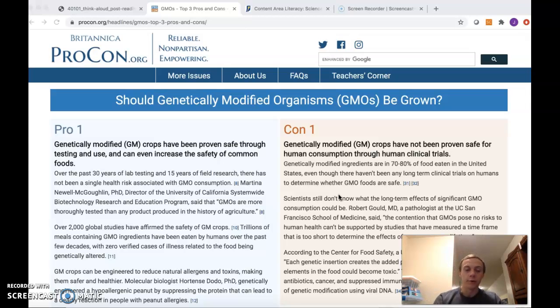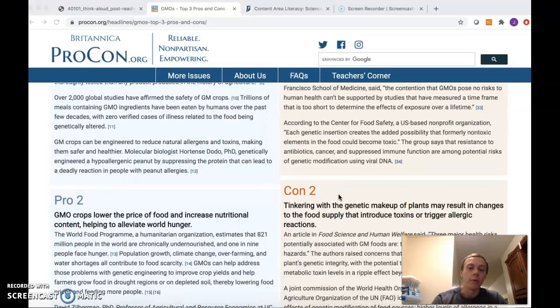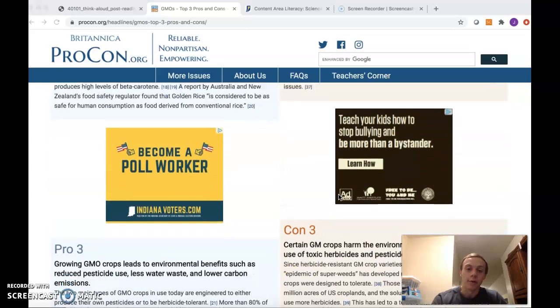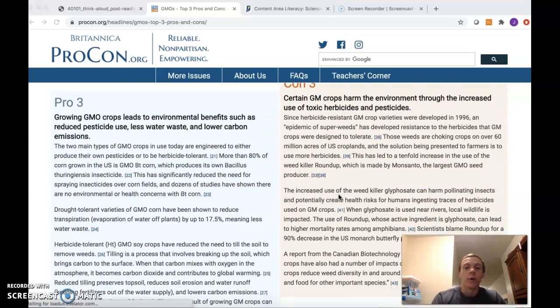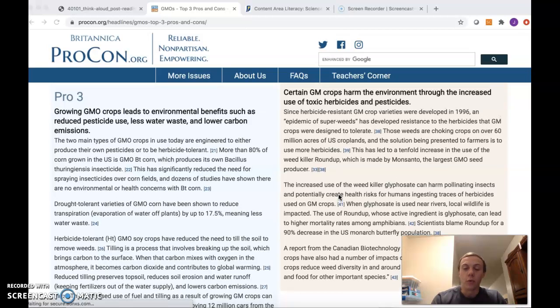All right, so just to briefly summarize the article, there's this pro side to genetically modified crops, and that would be the side saying they're safe to use, they improve crop yields, they are more efficient, and they help feed the world. And as a result, we need to really be pursuing these because we want to end world hunger. We want to do what's best for our environment and for our world. And GMOs, even if they're not perfect, the benefits outweigh the costs. And this is the best way to feed the world.